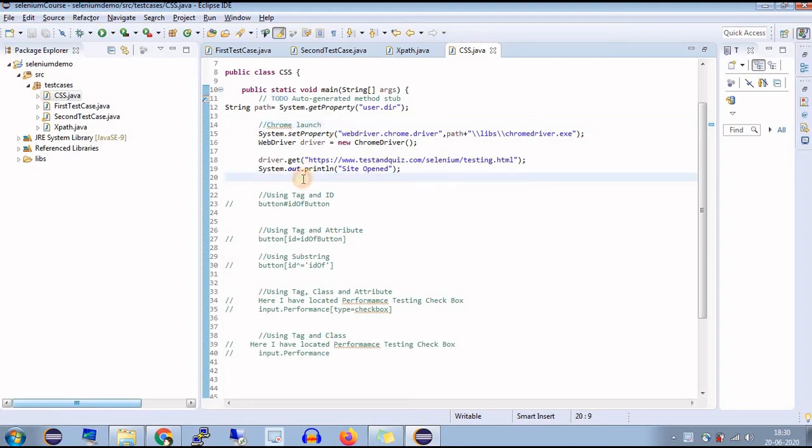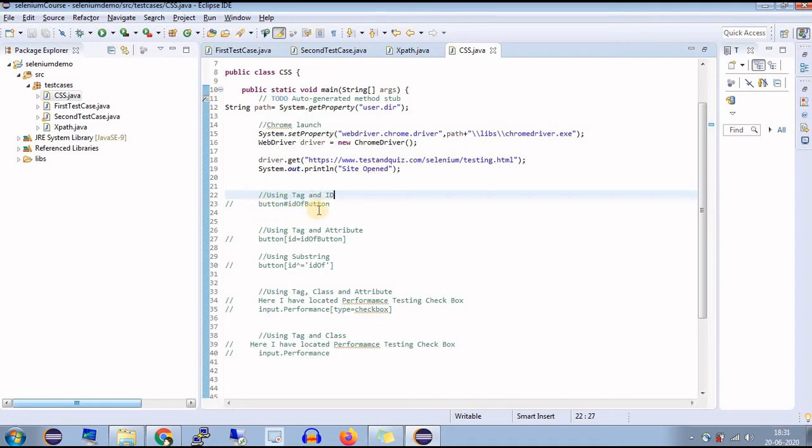After that, here are the 5 CSS selectors using 5 different methods. If you observe the formulas carefully, you will understand them easily. The tag and ID, tag and class, tag and attribute, substring matches, tag, class and attribute, all types I have covered with examples. You can observe these examples carefully.